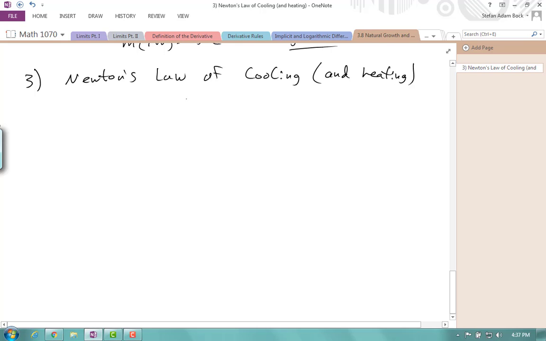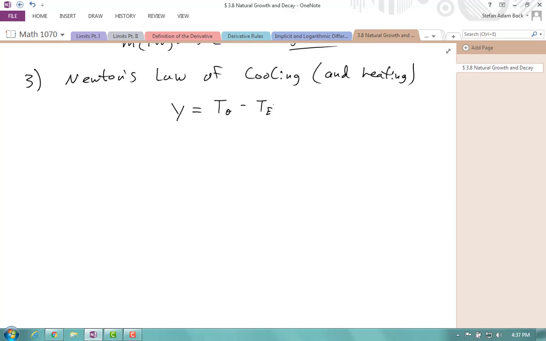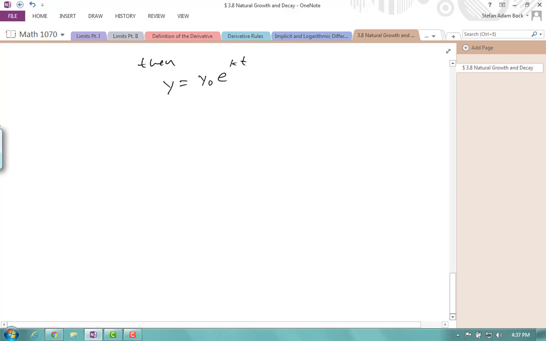of a pull. So the way these work is I have y equal to the temperature of the object minus the temperature of the environment. It's acceptable to write these the other way around. You just have to be consistent with when you do your problems. So if I define the y variable as such, then y will follow the equation, and hence the differential equation, y sub 0 e to the kt. So an example I have for that is, really fast,